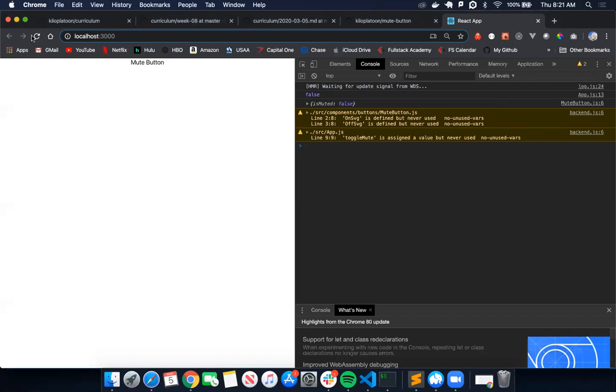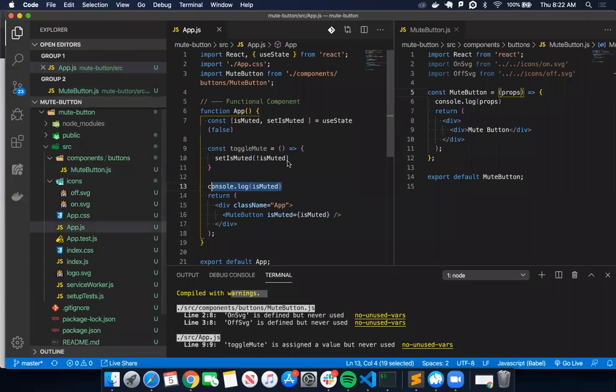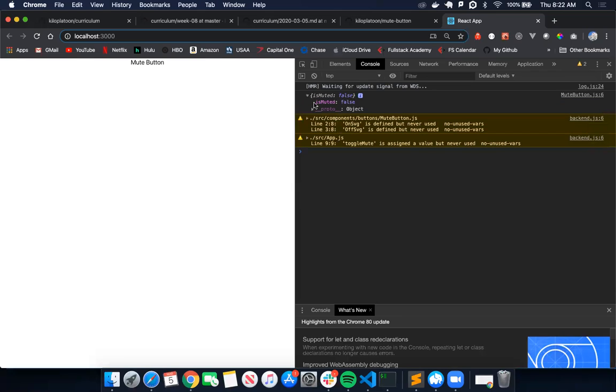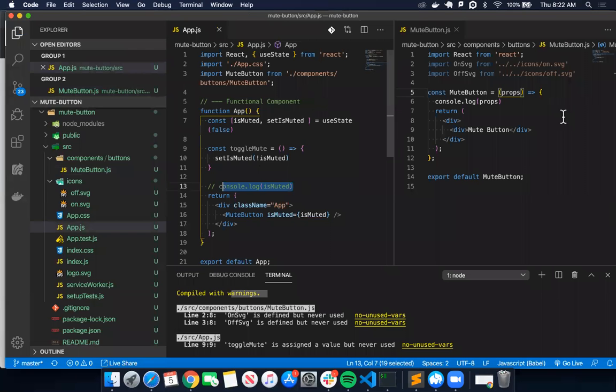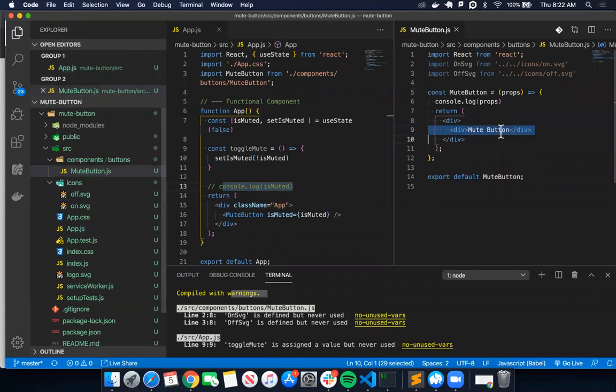So now it automatically refreshes. I'm going to get rid of this console log. Oh, I'll keep that there. I'll just comment it out for now. Here is our props that's being passed down from our app.js component, which is our parent component, down to the mute button component. Is muted as false. So based on whether or not this props value is true or false, I want it to render a specific SVG icon. So in here,